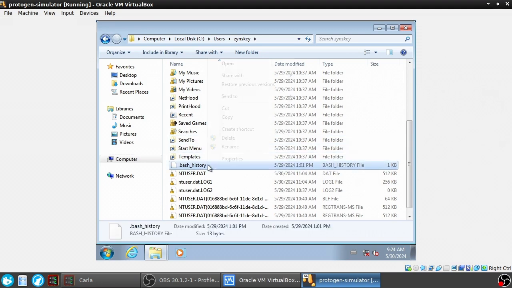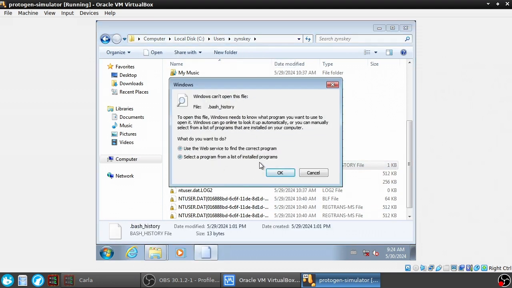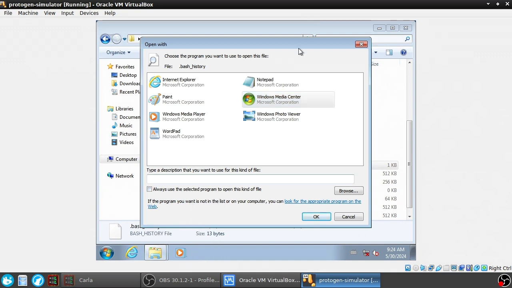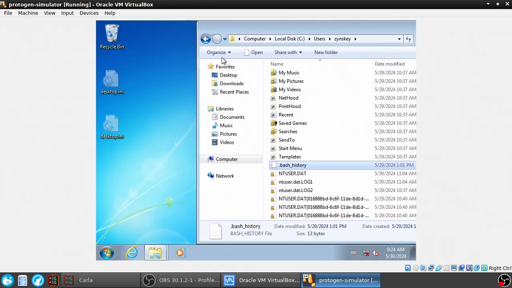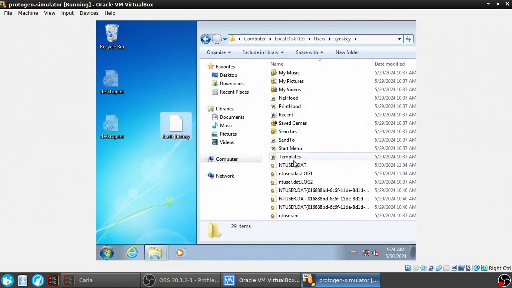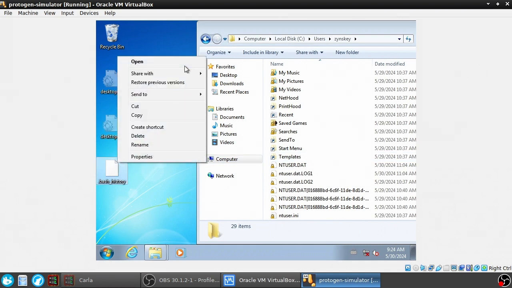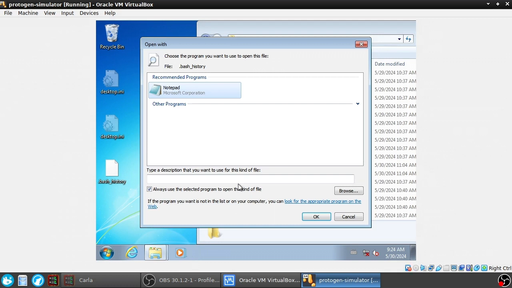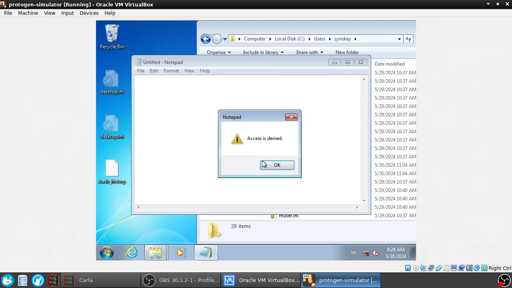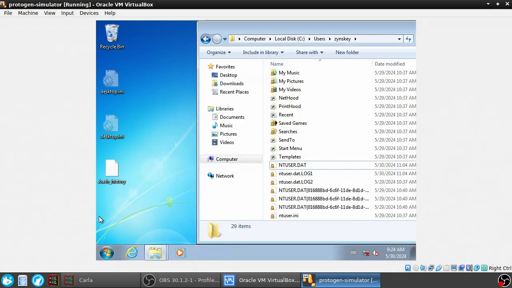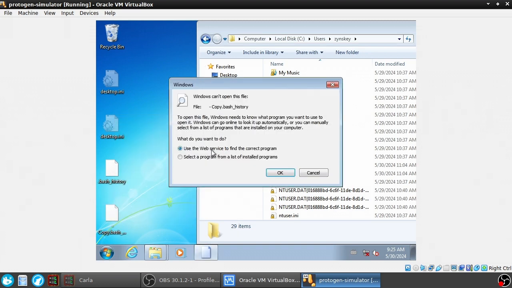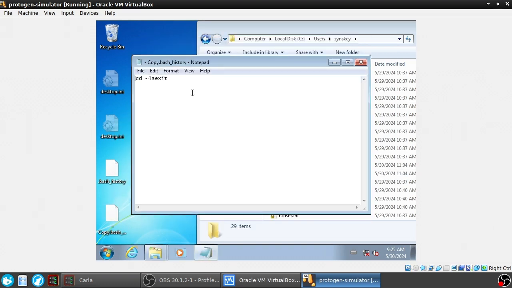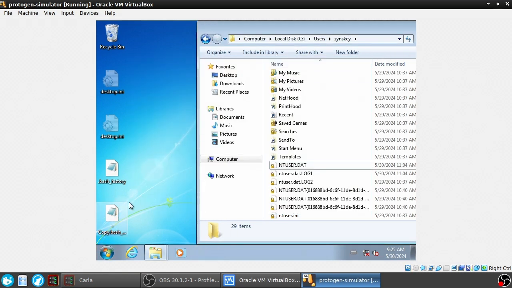But anyway, you can see, of course, there is not... We have bash history, can we read it from here? I guess line endings will be messed up, but who cares? Access denied, what? Okay, so the permissions are a bit messed up. The heck? Can I copy? Yeah. And can I open this one? Yes. Okay, so permission issues can be worked around, but